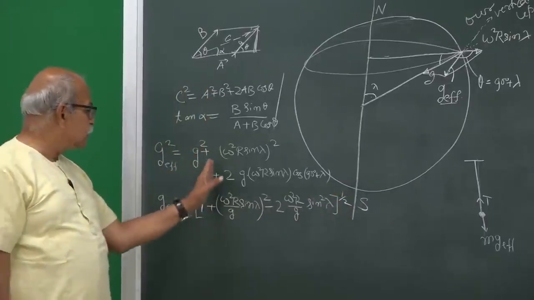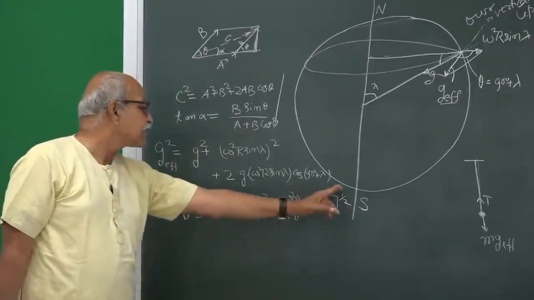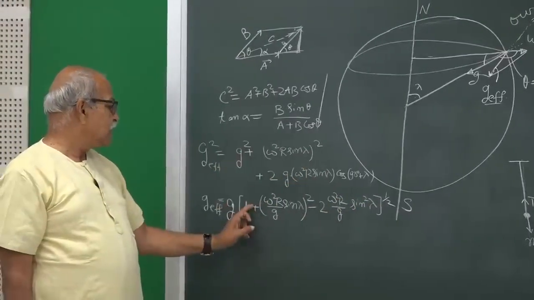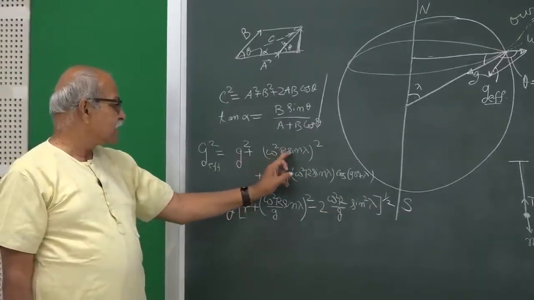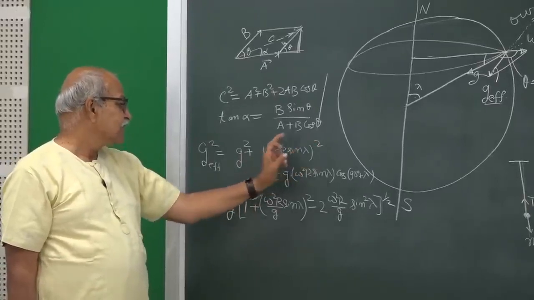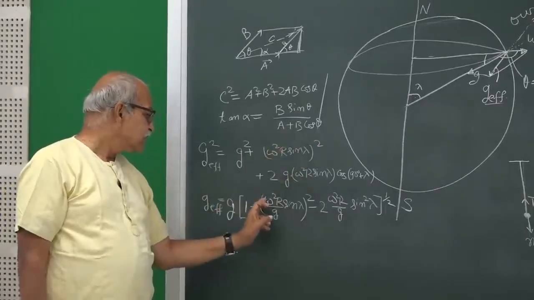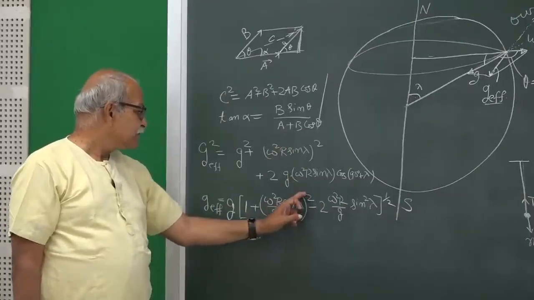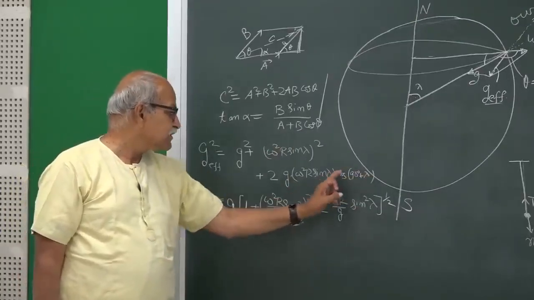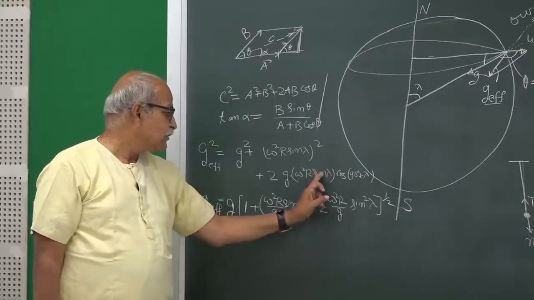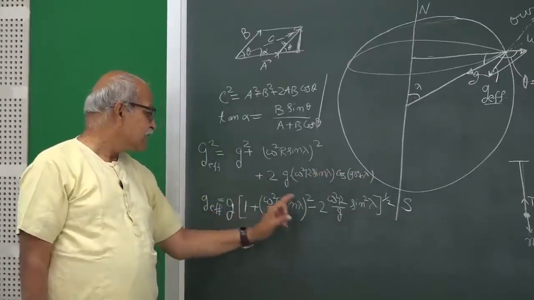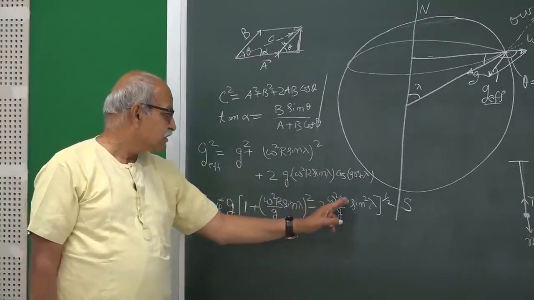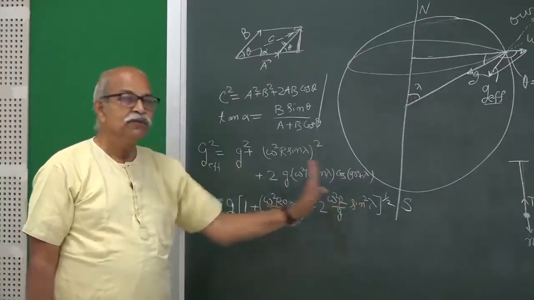Okay. This G square we have taken out, and power half, therefore, it is G. So, divide by G square. So, 1 here, omega square r sin lambda whole square divided by G square. So, that is here omega square r sin lambda by G square. Then this is minus of sin lambda. So, it becomes sin square lambda here, and a minus sign, and divide by G square. So, 2 times omega square r sin square lambda by G to the power half.